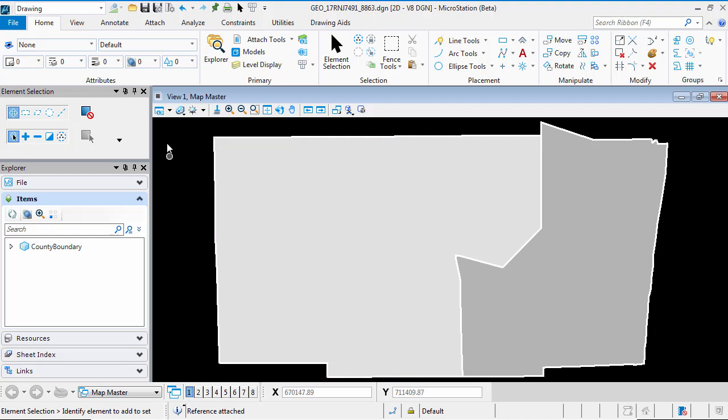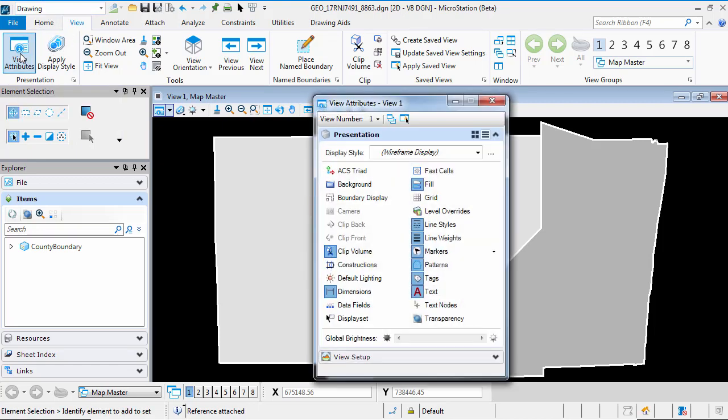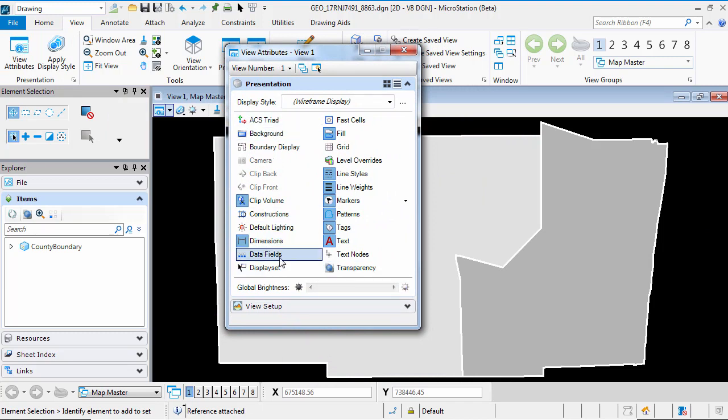I can actually change this by going to my view attributes. Here's the view attributes icon. It's found in your view control toolbar, or you can go directly to the view tab of your ribbon and select View Attributes. These allow me to control the display of the view. I have a lot of different things I can turn on and off inside my View Attributes, and one of the things I want to turn on in this particular case is my